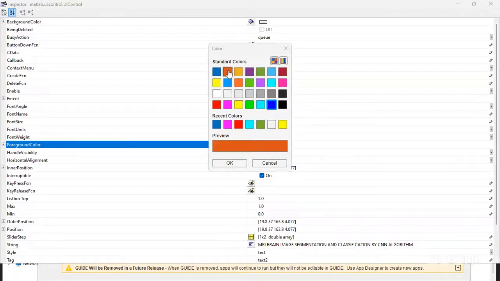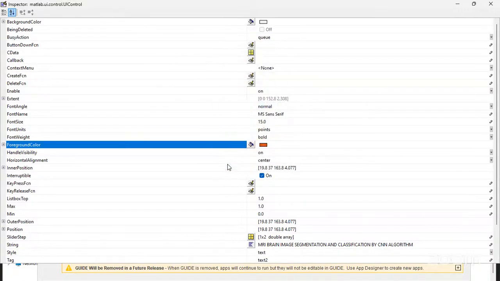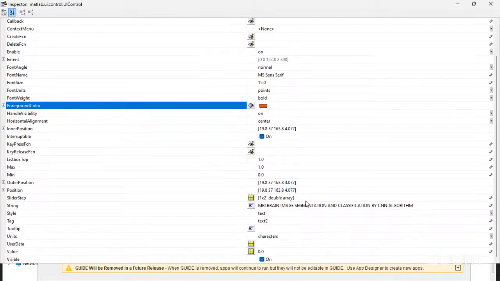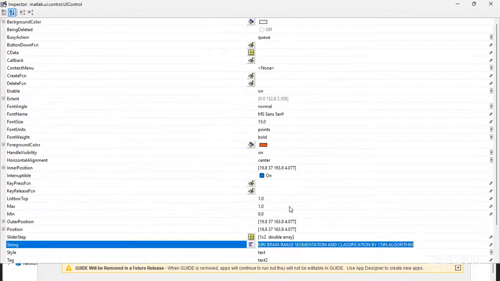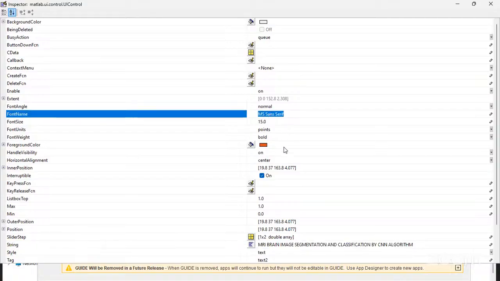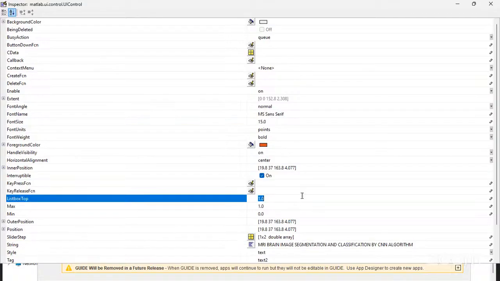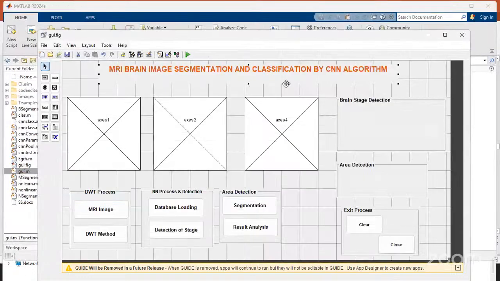You can change it to another color. After that, the name also needs to change, the font size, and font style format you can change. After that, click the save option, close it, and it will change automatically for each one.